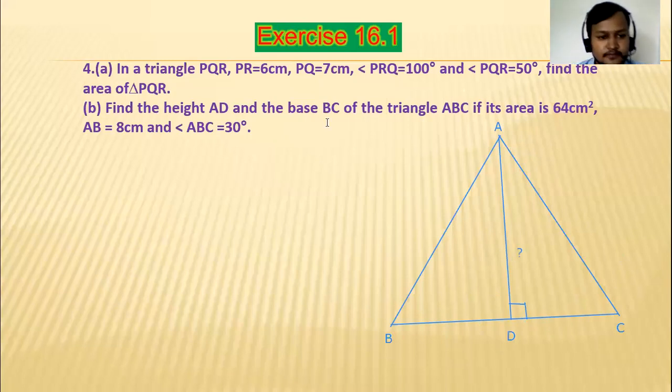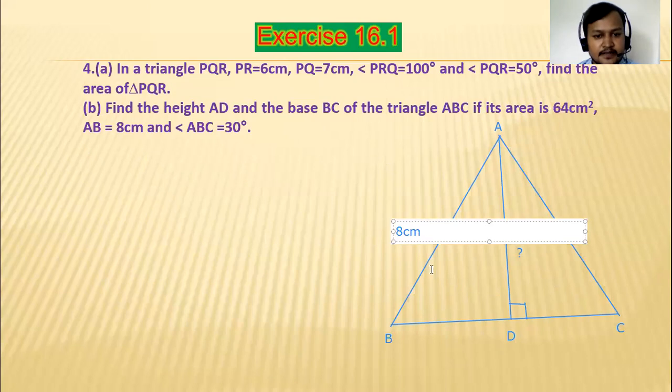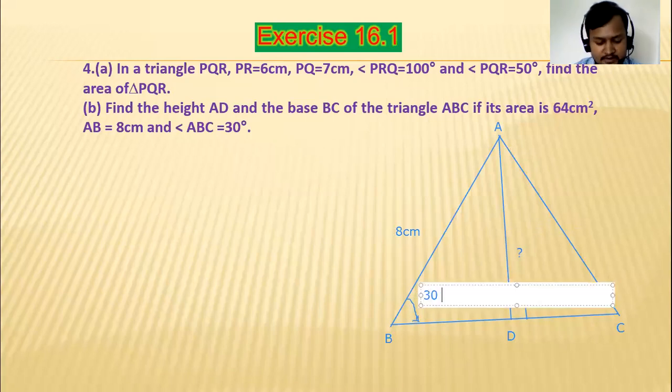For that, at first look at the given things. Its area is 64 square centimeter. AB is 8 centimeter. Area is 64. Angle ABC is 30 degree. This angle is given to us and it is 30 degree. If this angle is given as well as AB is given and area is given,